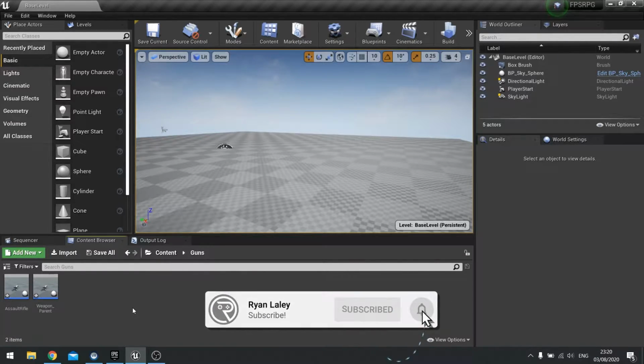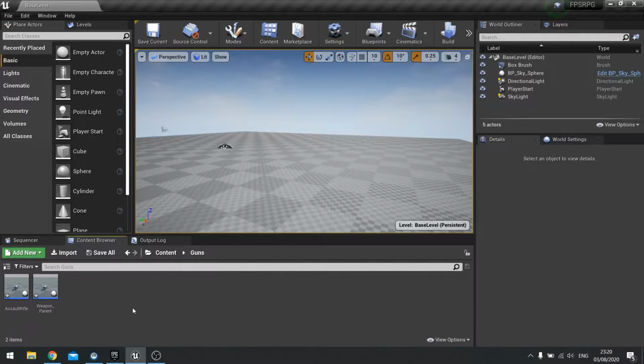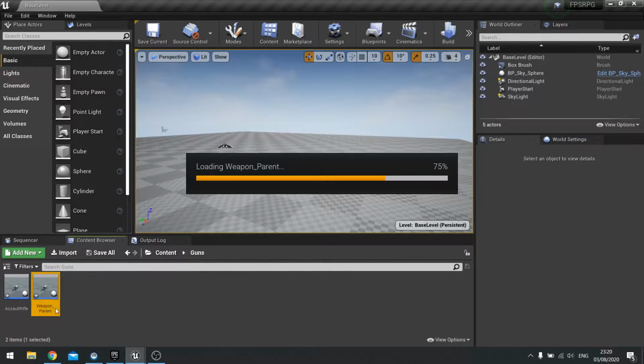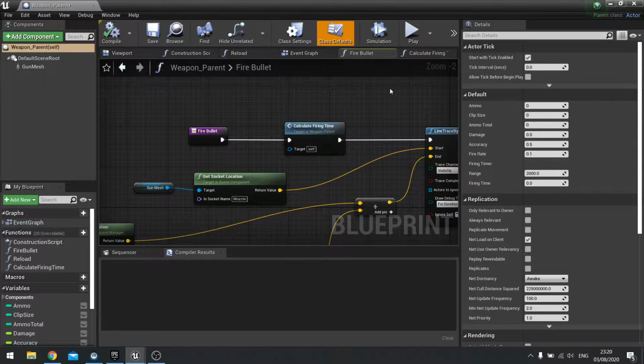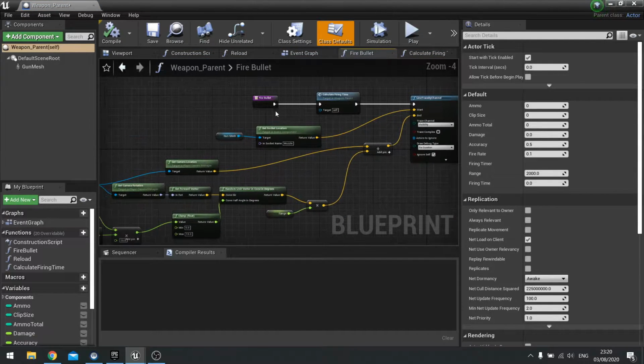In this episode we'll be making it so that when we fire bullets it actually tracks how many bullets have been expelled from the gun and then stops firing bullets out if we run out of ammo. That is until we reload it. We'll do reloading in the next part, so let's just focus on getting the ammo to shoot out of the gun. So for this, on the weapon parent, we're going to go into the fire bullet function,